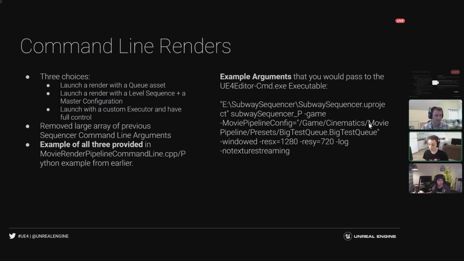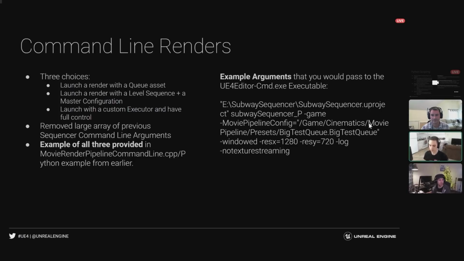So that's generally the easiest way: you just save out your project to a queue, and then you can just launch it with the command line just like that. Another one is that you can pass a level sequence and a master configuration, and that's if you have different level sequences that you want to render with the same thing. And finally, the most advanced one is you make a custom executor, and you have full control over what that does. And that's covered a little bit in the Python one before.